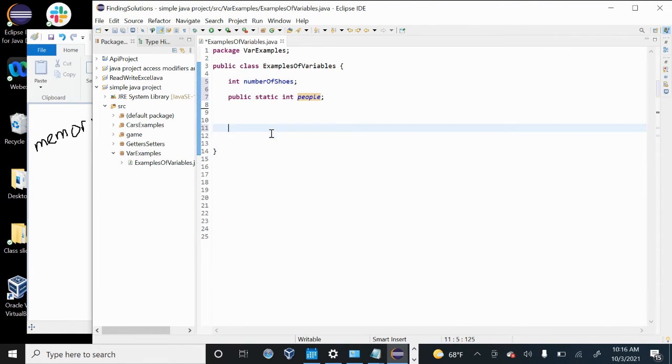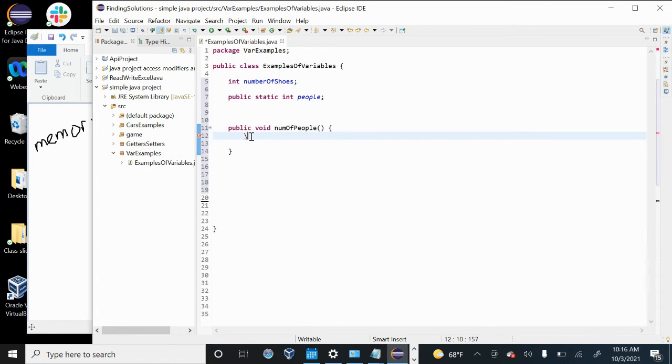The other type of variable that I'd like to show you guys is something called a local variable. A local variable essentially is a variable that is local to that method, or within the scope of that method. So let's create a method called public void numOfPeople. And so inside of this body here,